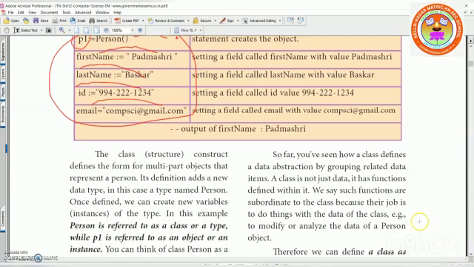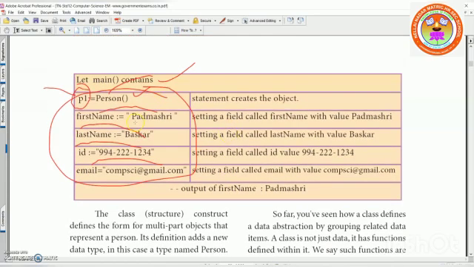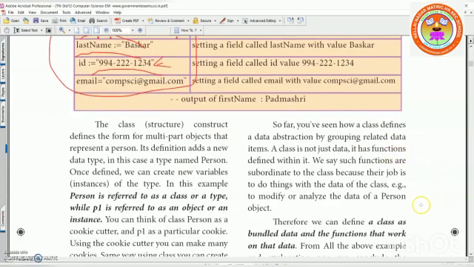Right? So we say such functions are subordinate to the class because their job is to do things with the data of the class, for example, to modify or analyze the data of a person object. Suppose this ID is different or this ID is wrong. I can modify it and then I can analyze it, right?